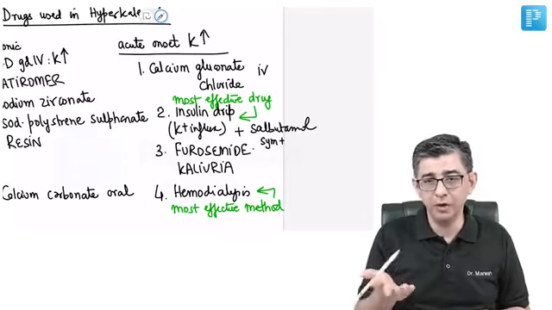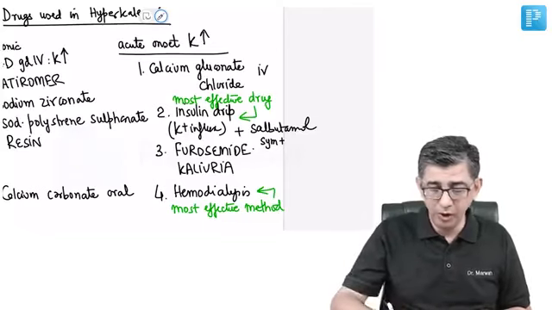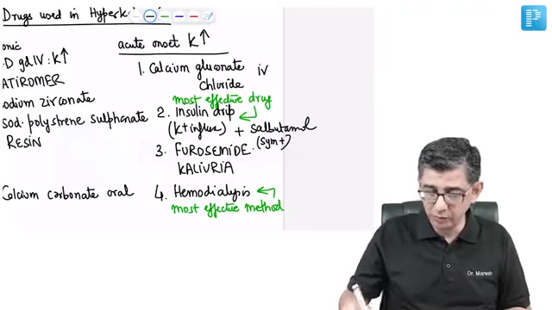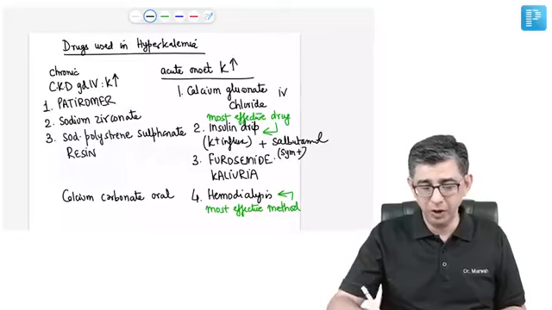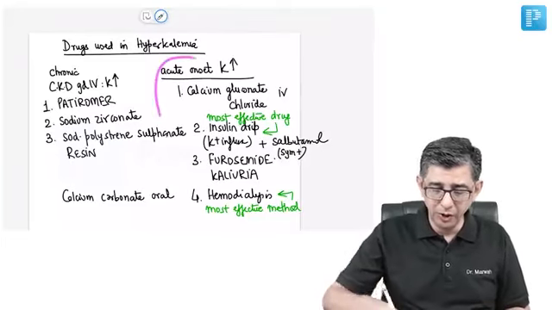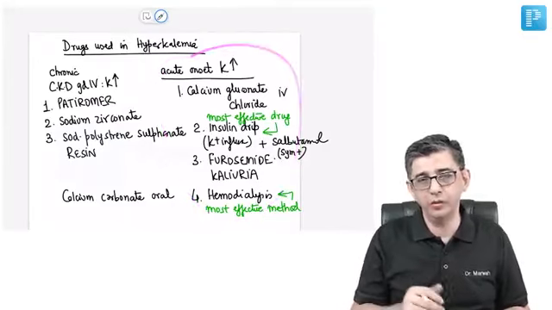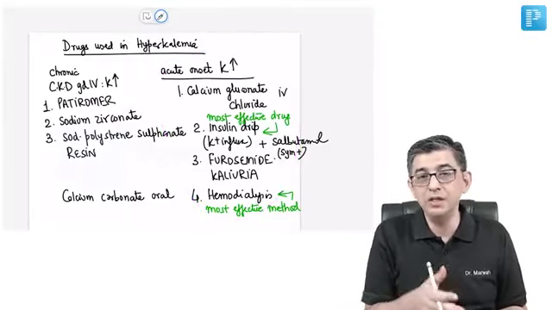I have mentioned 2 drugs simultaneously, insulin drip plus salbutamol, which contributes to excessive sympathomimetic stimulation and causes a rise of sugar. And drugs useful for management of hyperkalemia, I mean the acute version of it. No, this is, I would say, bread and butter for you. Any entrance exam you get, even in INICET May,